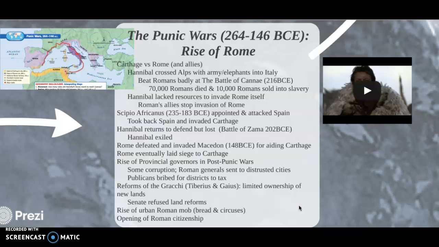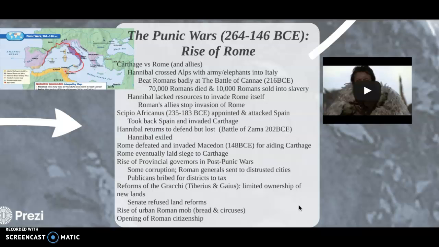Anyways, it's going to be a guy named Scipio who was at the Battle of Cannae. He's going to first take Spain, then invade Carthage itself. And there, Hannibal was called back. So Hannibal has been fighting in Italy for around a decade or so, and goes back and meets Scipio at the Battle of Zama, where he's going to lose. Basically, Scipio used the tactics that Hannibal used against the Romans at the Battle of Cannae. Scipio used that against Hannibal at Zama. So make sure to watch the documentary I've posted in the module for more on that fight.